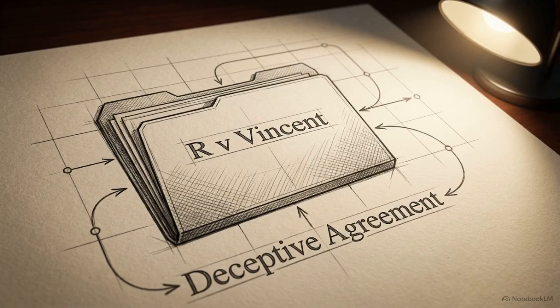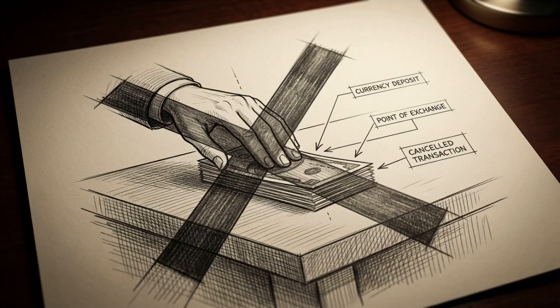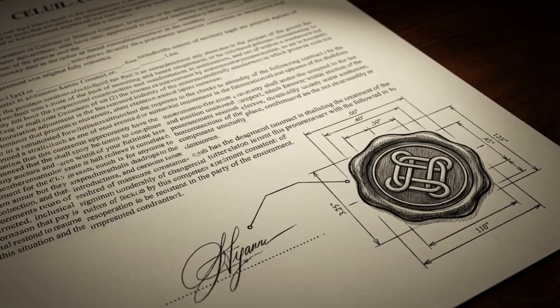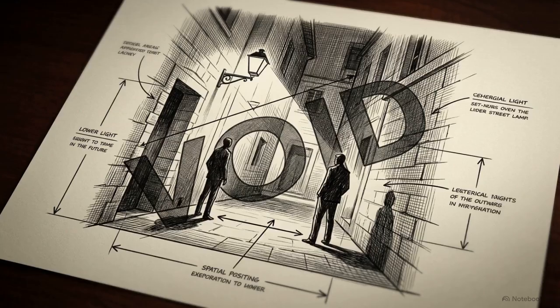Contrast this with R v. Vincent. If a defendant dishonestly convinces a manager to let them pay later, the 1978 Act fails because payment is no longer expected on the spot. While the 1978 Act fails in the Vincent scenario, the prosecutor can now charge Fraud Act Section 2 for the deceptive agreement itself. One final examiner warning regarding Section 3 of the Theft Act: the underlying service must be legally enforceable. Running out on an illegal service, such as prostitution, cannot trigger a charge under the 1978 Act because the debt itself has no legal standing.